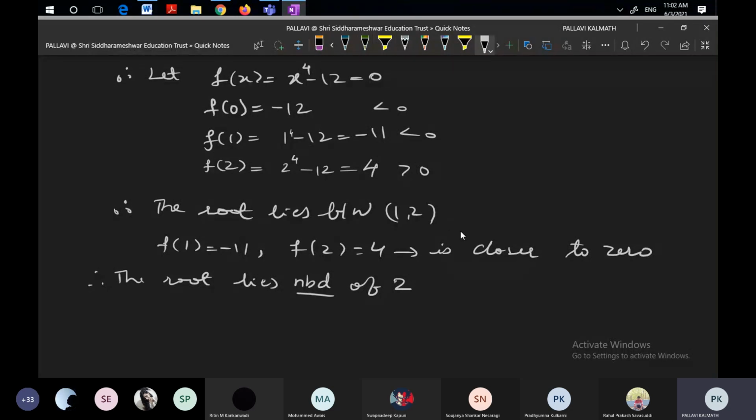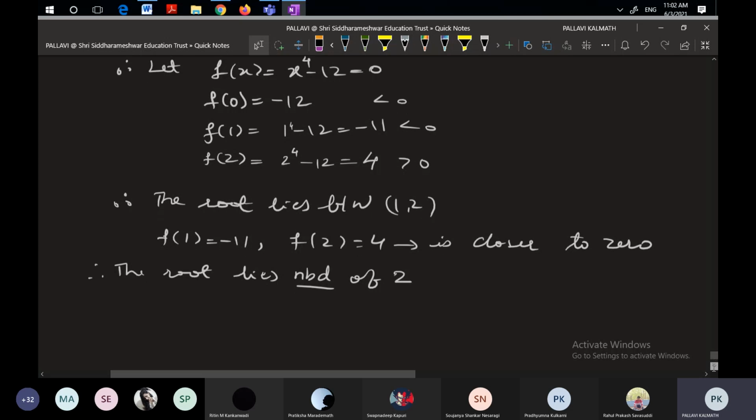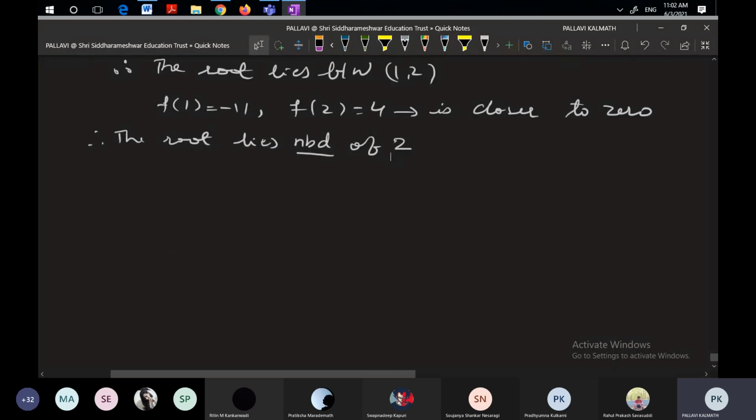Neighborhood of 2 means whether it is 2.1, 2.2, 2.3? No, ma'am. 1.7, 1.8. Okay. Because the last range is only between 1 and 2. Since the range is between 1 and 2, and the neighborhood of 2 means you should take the values less than 2. Clear? Therefore, let us take f of 1.7. Is it clear? Okay, so write down, consider